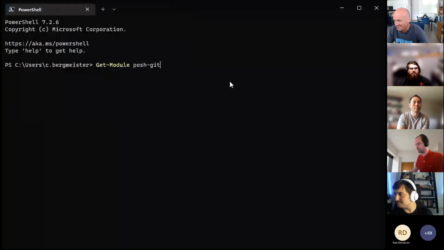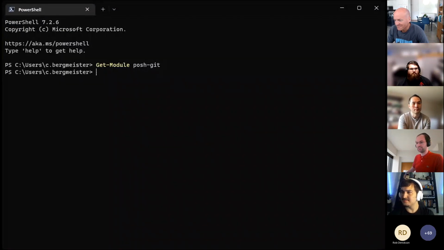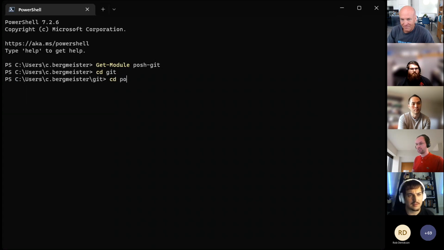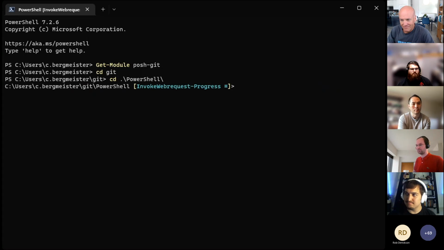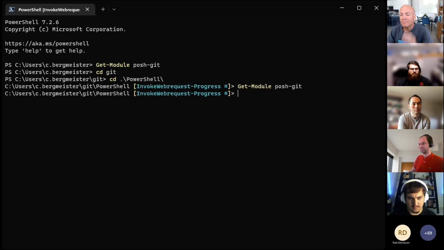So we've got a terminal here. If you do Get-Module, we see it's not loaded yet. So I can cd, and that is still fast. It's not doing anything, there's no slowdown. But once I change into a Git repository, it takes like a second because it's now started to import it. And voila, we've got PostGit imported, which we see by the prompt already.